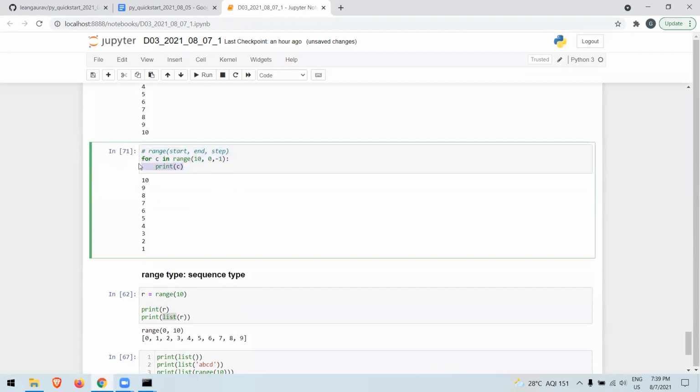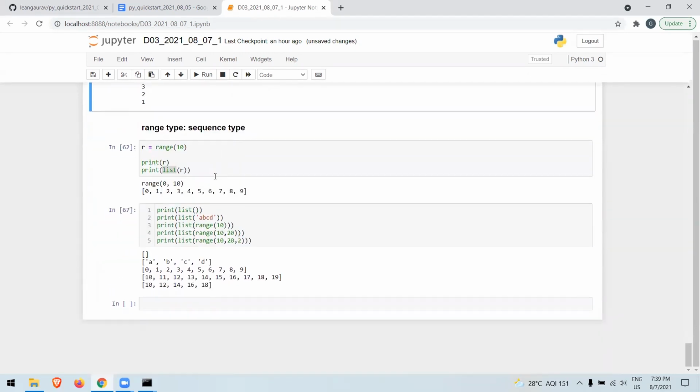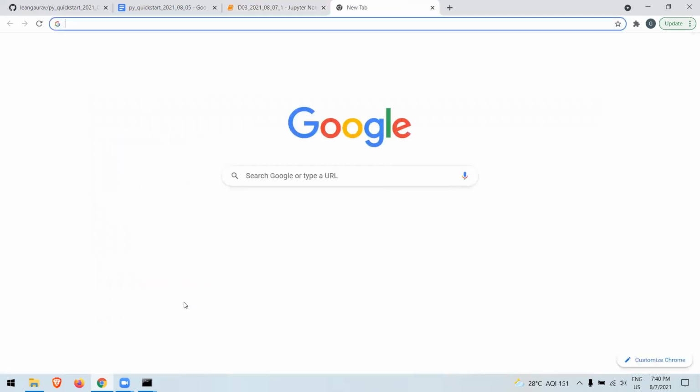So this is one piece of code. And see, range is again a function kind of thing. It's not actually a function, it's a type, but for now, just consider it as a function. So this is how this works. And there can be many kinds of programs that you can practice with loops. So I would suggest you guys, if you want to practice,